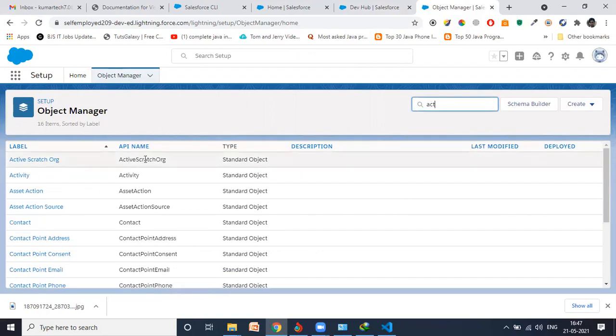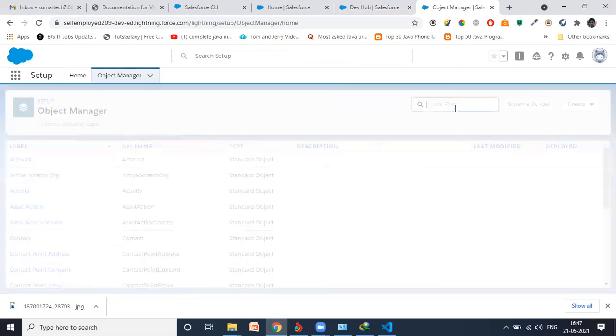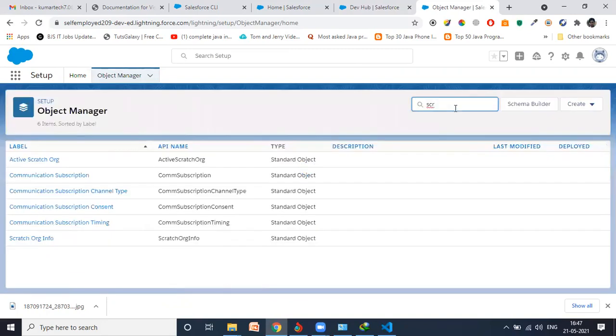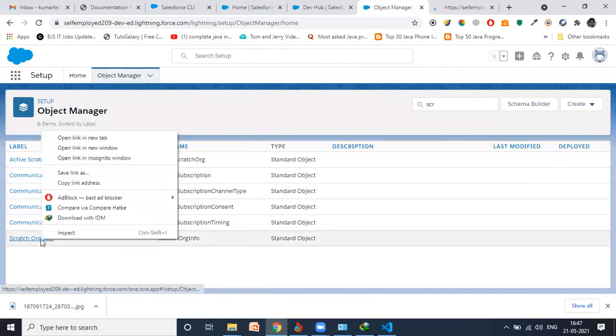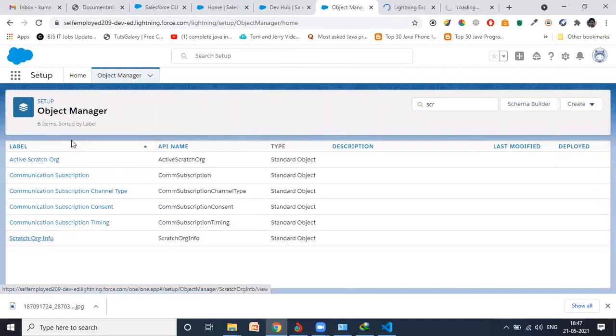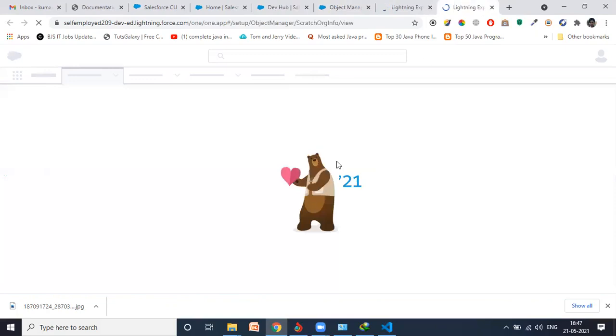Now guys, you can see this active scratch org and scratch org information. These two objects were not showing up previously. What are they? Basically, the scratch org information is the object where all the scratch orgs in your system are stored.